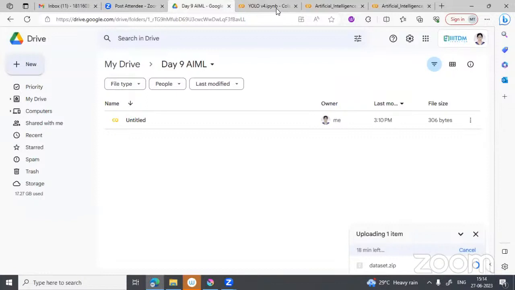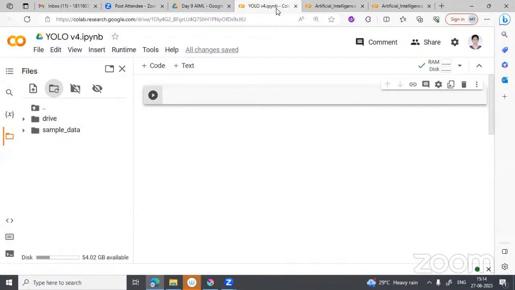Please follow this step also. After mounting your drive, you have to reach the place where you have created the folder. In the drive menu, click on my drive, and then whichever folder you have created. In my case, I have created this day 9 AIML. I am right clicking on this particular folder and then copying the path. Go to the place where you have created the folder, right click on the folder and then